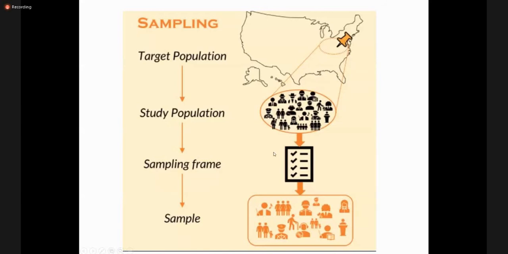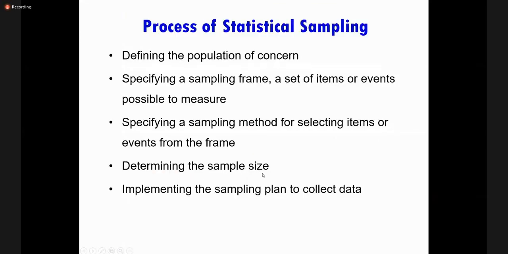Once you have a frame, now you can decide which type of sampling technique you will apply. We will make it clear in upcoming slides, but this is the point where you have to choose among so many sampling techniques or methodologies, which one you are going to select depending on various factors. We will discuss determining the sample size. Sample size is a whole different topic, and it is calculated statistically using specific formulas. That should be covered in biostatistics related lectures, but when you are doing sampling, you already have a sample size in hand. So you will be knowing the sample size and choose that particular number.